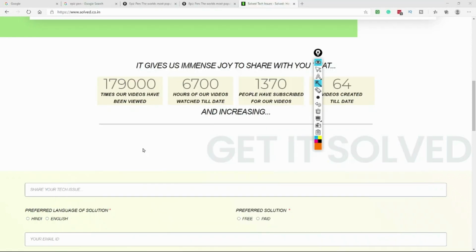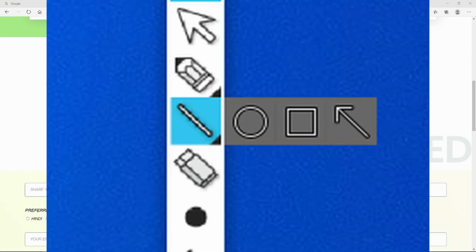Arrow is something I really like because in most cases, after highlighting or circling something, you just want to put an arrow and then make a note, because if you're writing a lot of things, you may not be able to write everything in one place. The screen might be cramped. So you can always put an arrow and then go and write there that this is 6700 hours, this has also increased, please update to 6900, and again with a comma. So these were the line, circle, square and arrow tools.